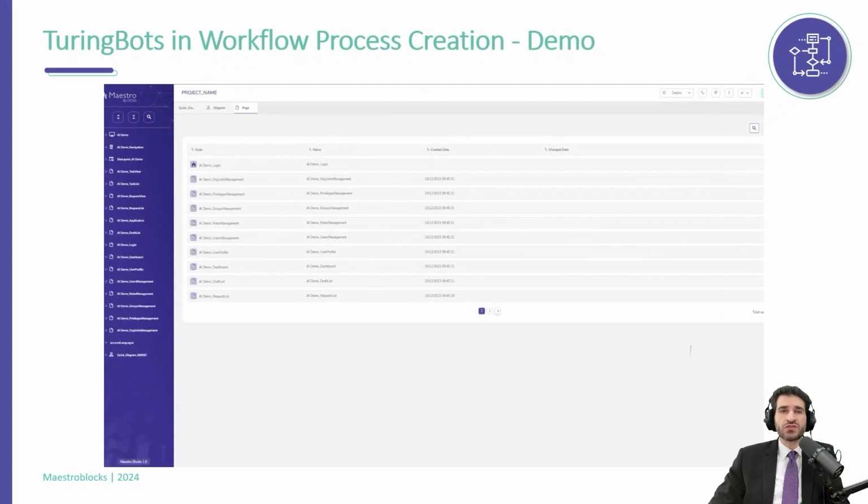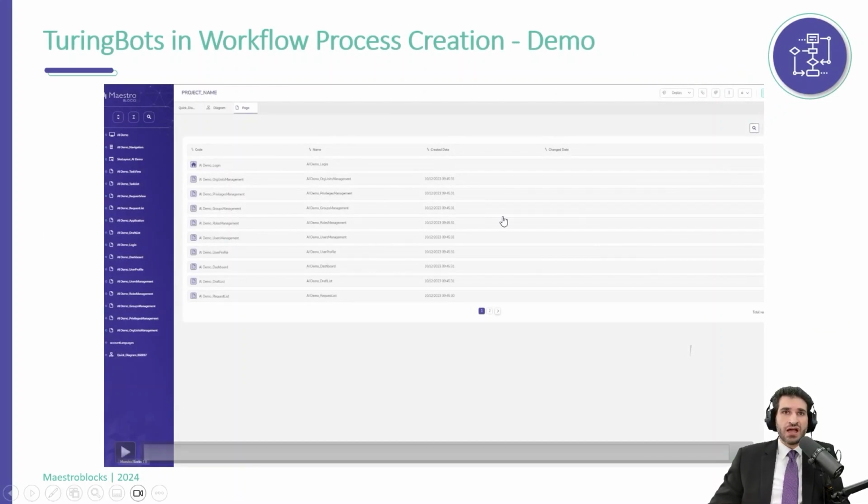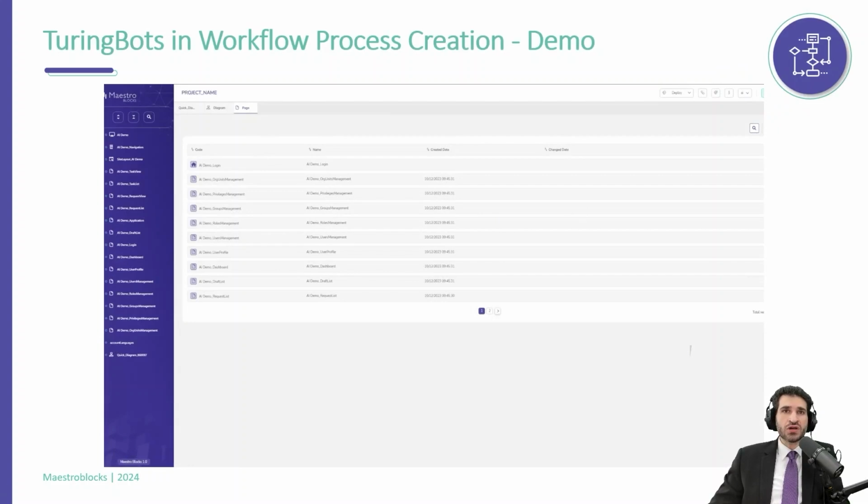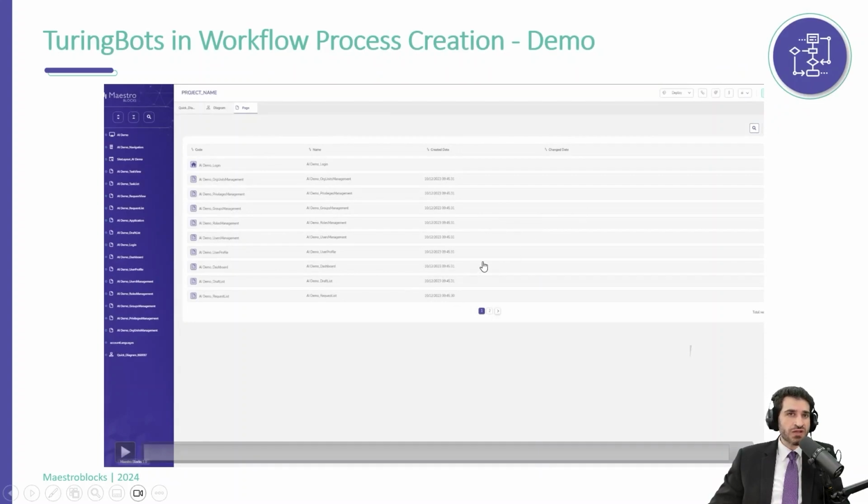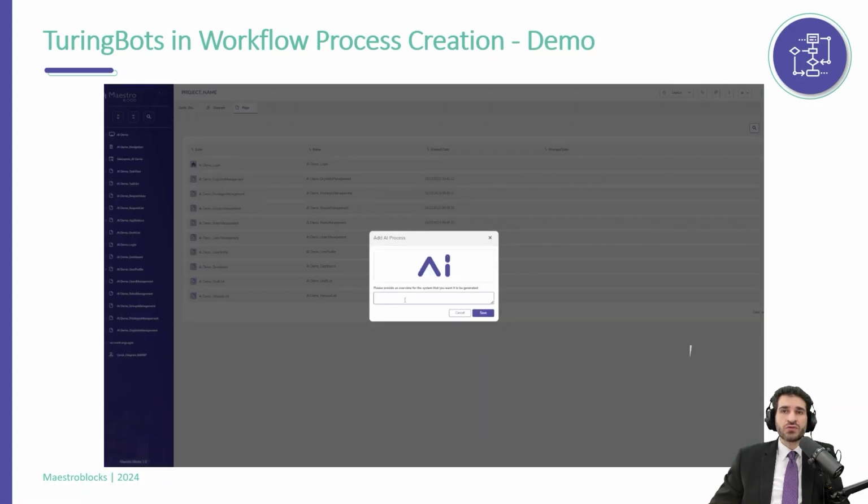Now let's dive into the demos and the application of TuringBots within Maestro Blocks itself. In the first demo, we will talk about the workflow process creation within Maestro Blocks. As you can see, we are creating a workflow. The prompt we will be writing is HR employees onboarding process. Once we write the prompt, or we can use the voice commands for it,